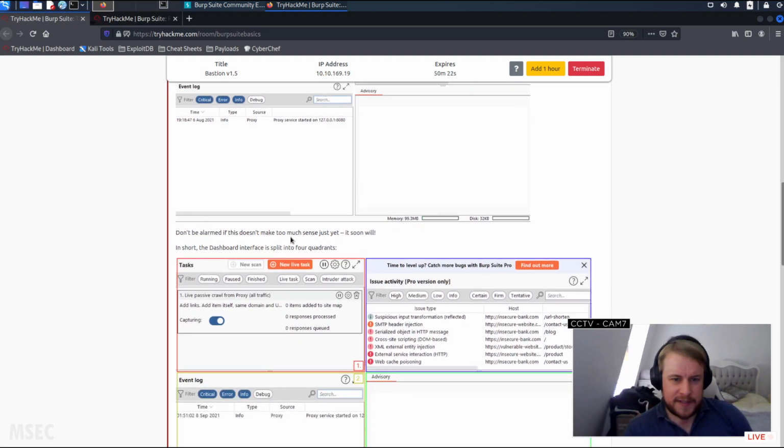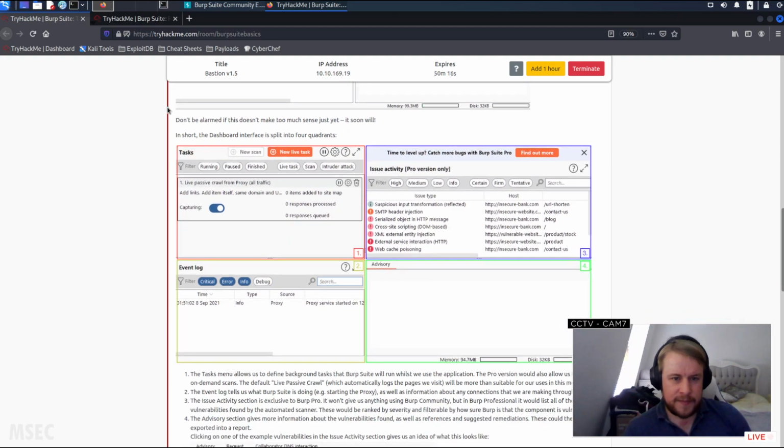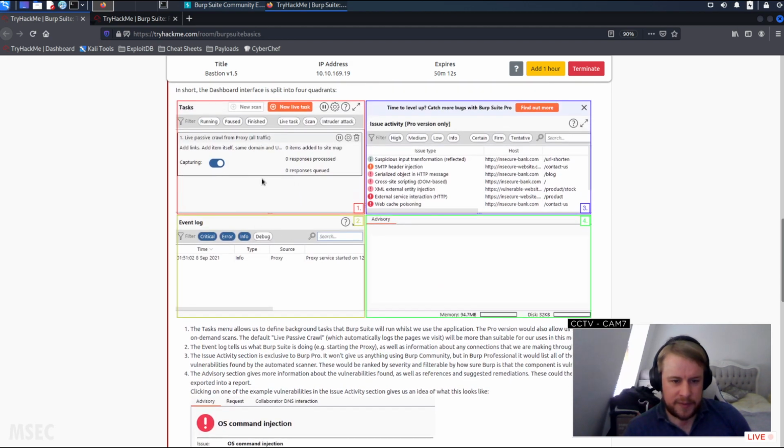Don't be alarmed, this doesn't make too much sense just yet, it soon will. In short, the dashboard interface is split into 4 quadrants. You have number 1, which is the task menu. It allows you to define background tasks that Burp Suite will run while we use the application. Pro version would also allow us to create on-demand scans. The default live passive crawl, which automatically logs the page we visit, will be more than suitable for our usage